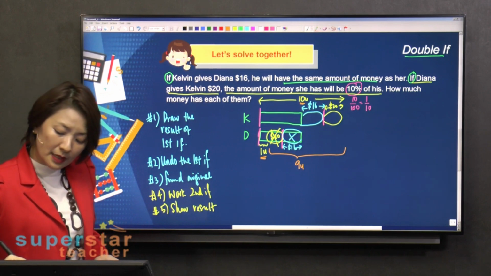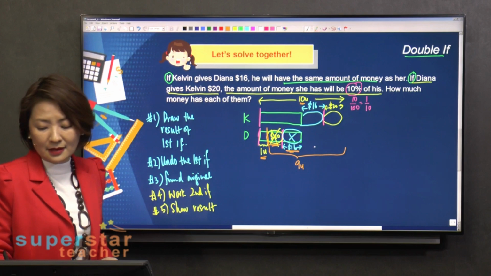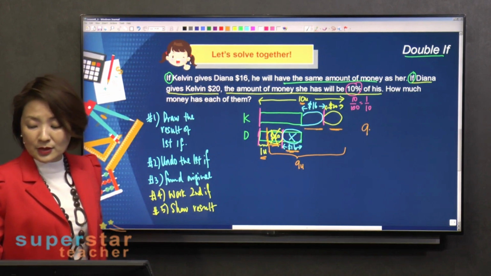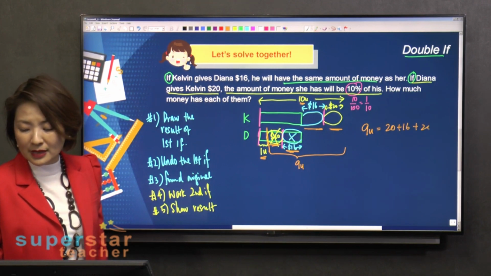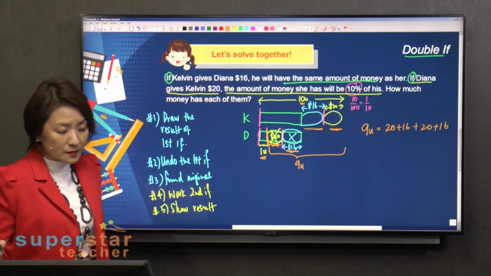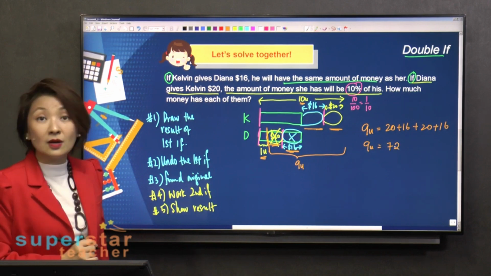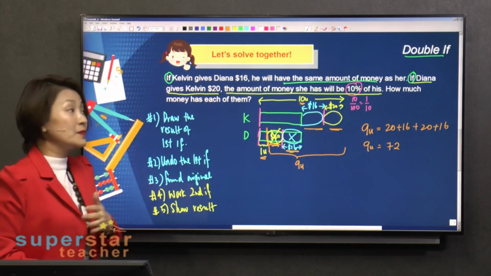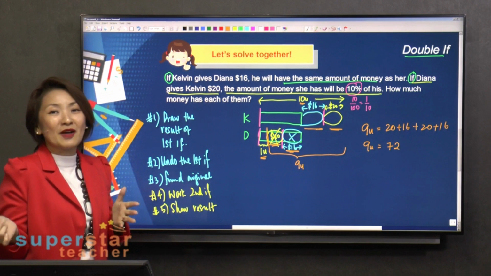9 units is from here. It's made up of 20, 16, 16, 20. Can you see? So 9 units is equal to 20 plus 16 plus 20 plus 16. Alright, so what's that? That will be 72. Okay, so you know what's 1 unit. But before I find 1 unit, this is my fact, right? So to find 1 unit, or no, once I have the fact, I have to look at the